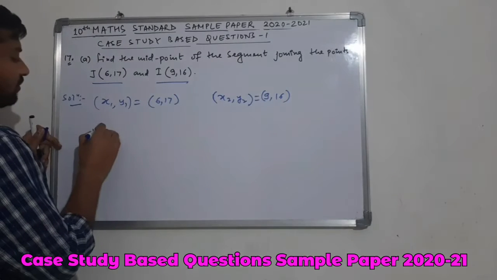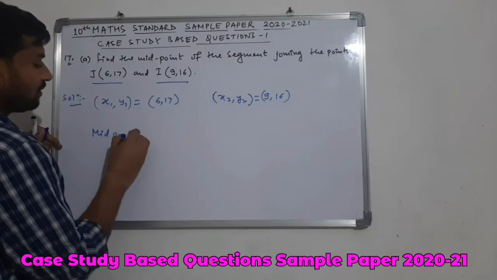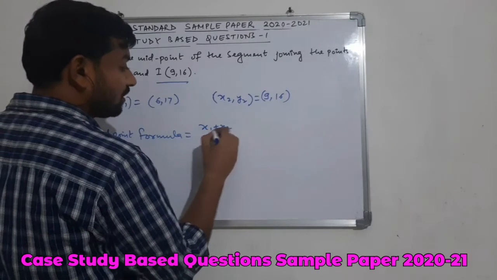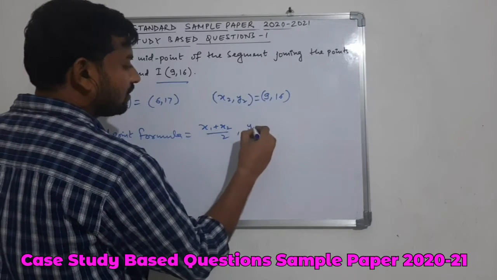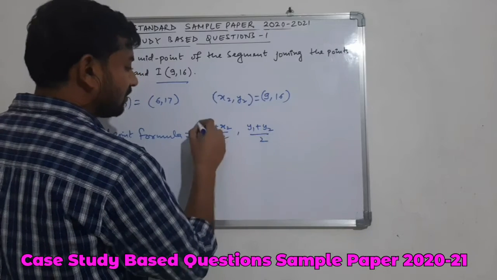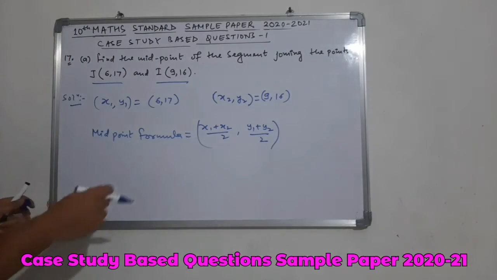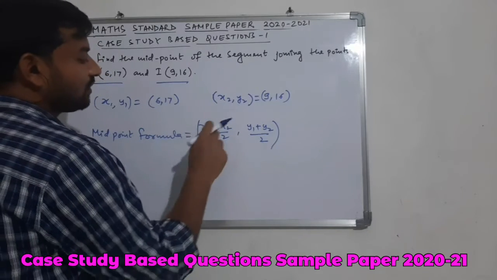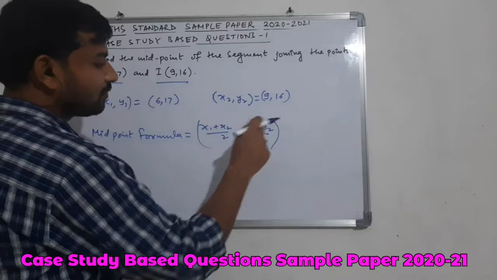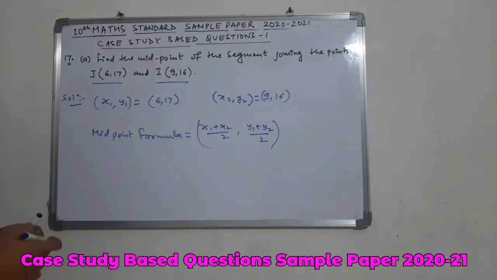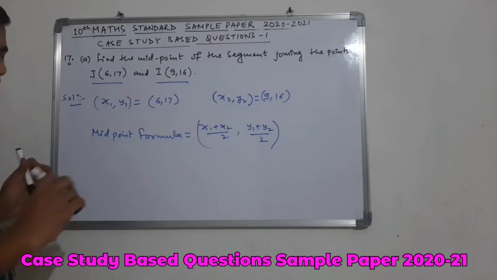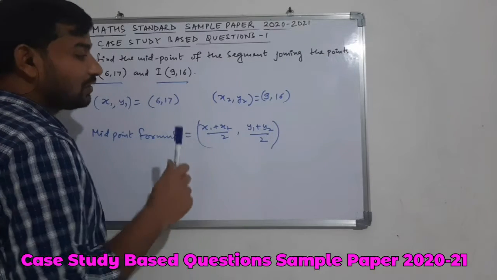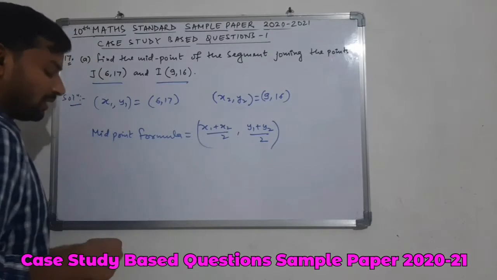Now, the coordinates of midpoint, we have a midpoint formula, that is x1 plus x2 divided by 2, y1 plus y2 divided by 2. The coordinates of midpoints of any 2 points is calculated by using this relation x1 plus x2 divided by 2, y1 plus y2 divided by 2. It is a special case of section formula where the ratio is equal. Then the section formula, if we substitute the value of m1, m2 equal to 1, this becomes this way.